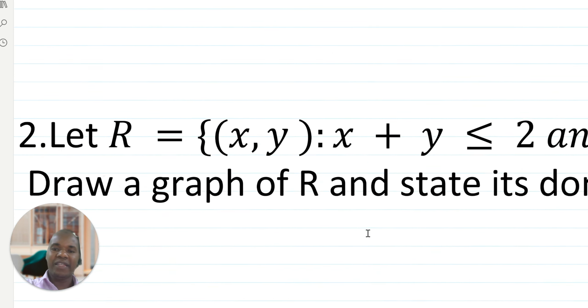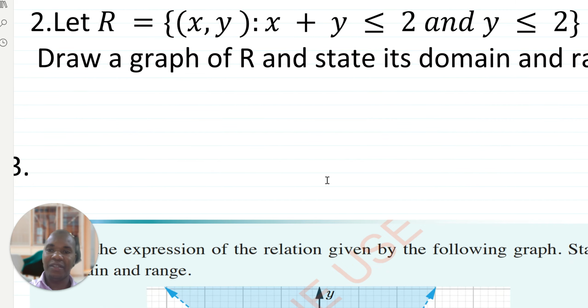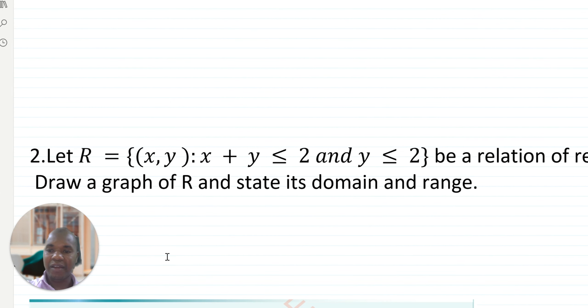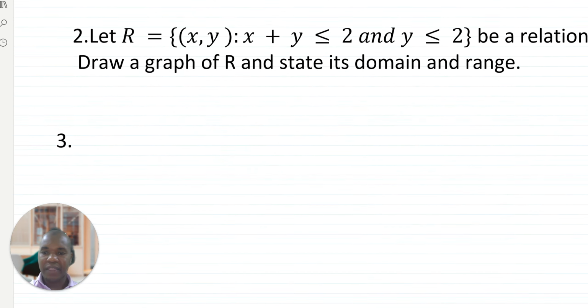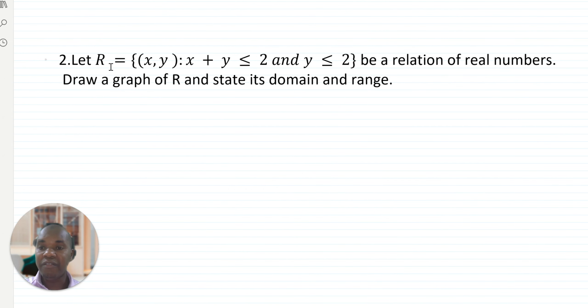I proceed with the next equation, and so from all these you can see that domain is going to be all real numbers, dear students. So the last one for this session, not the last one, of course, we'll be having also another question, but for this one here, you now have two inequalities. You have x plus y is less than 2, and y is greater or equal to 2.